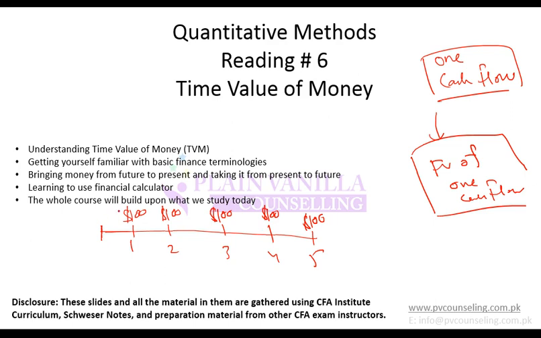So remember, when a constant cash flow happens throughout a period of time, at fixed intervals, like for example after every 1 year, after every 1 month, or after every quarter, whatever, that series of cash flow is known as NVT. So NVT is a series of constant cash flows happening at a fixed interval of time. So this is known as NVT. Now we will be talking about calculating the future value of NVT.